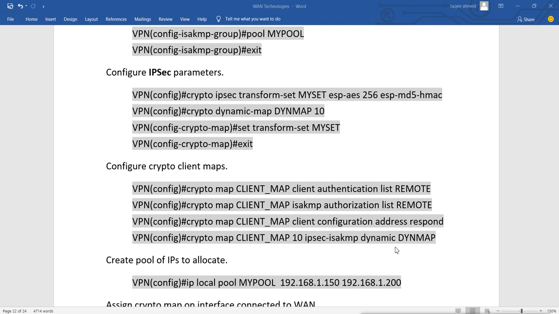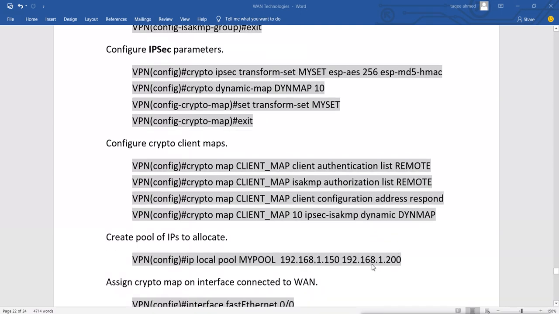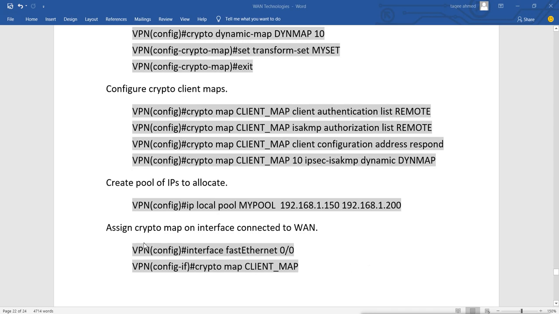Then finally we create the pool of IP addresses to allocate, and then we go to the interface which is connected to the WAN network, to the internet, and we assign the client map which we configured here.